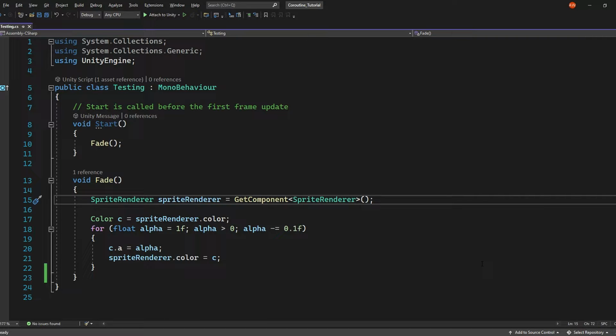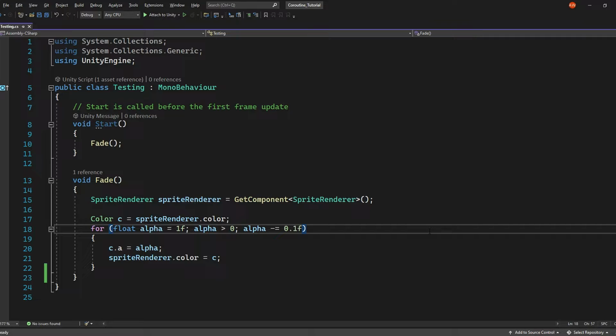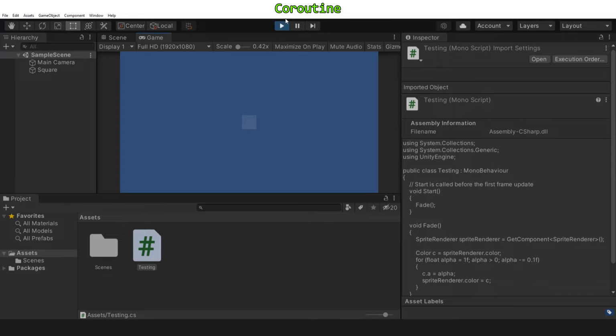Here we have a reference to the sprite renderer and we're using it to get the sprite's color. Then in our for loop, if the sprite's alpha value is greater than 0, we decrease the alpha value by 0.1. This loop will iterate 10 times and our fade method is being called from start. So if we run this now, you can see that the sprite has changed from visible to invisible in an